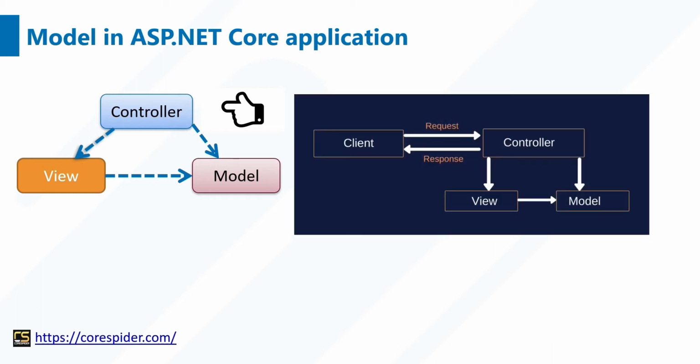Let's understand the controller process flow. When a request comes from the browser, or you can say the client, the controller in the MVC design pattern handles the incoming HTTP request and responds to the user action using the model and the view. The controllers in an MVC application logically group similar types of actions together. It allows us to define a set of rules such as caching, routing and authorization, which are applied collectively. In our upcoming videos, we will go through the details of caching, routing and authorization.